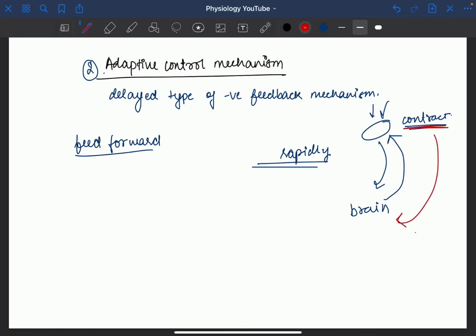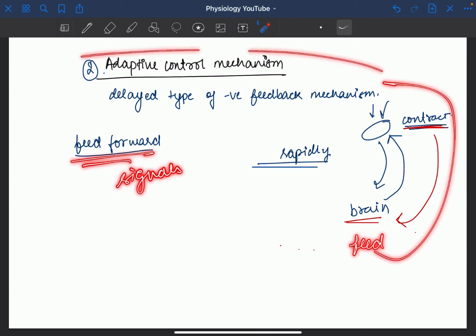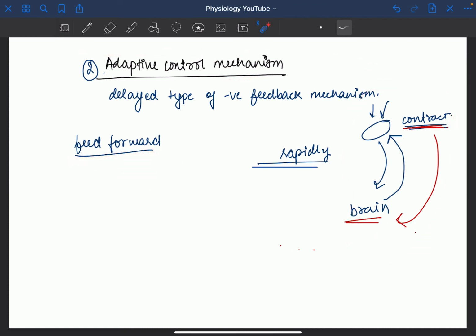If this movement was incorrect, then the brain will store the memory and correct it for the future, so that if this movement is required again, it has been corrected. If it is incorrect even the next time it is performed, then the same process is conducted and the brain again corrects the movement. These signals sent by the brain to correct the movement are called feed forward signals, and this mechanism is called the adaptive control mechanism. When we touch a very hot plate, then automatically we leave it.